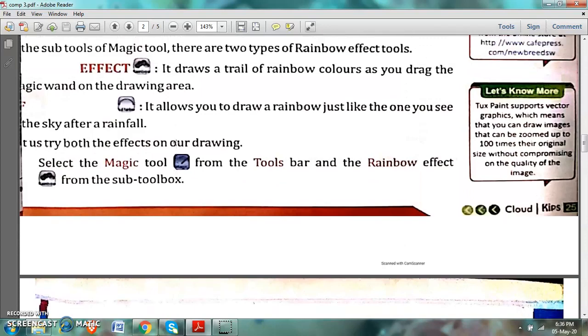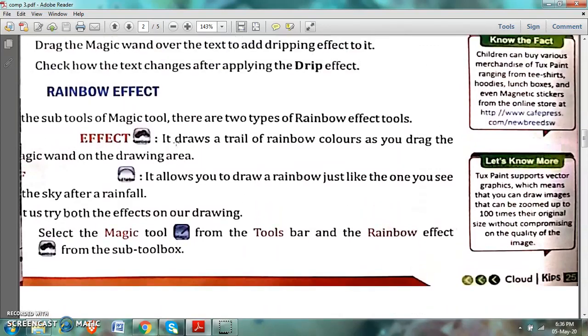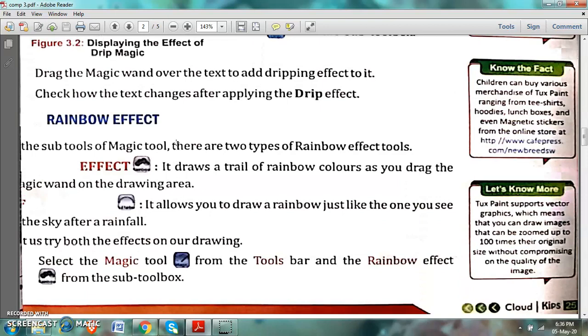So children, this rainbow and the dripping effect. For these 2 effects, I will show you the video in the next lecture. So till then, you are to read about the rainbow effect, the 2 types of rainbow effect, real rainbow and the simple rainbow. And next is the dripping effect, that you will get from the magic tool.